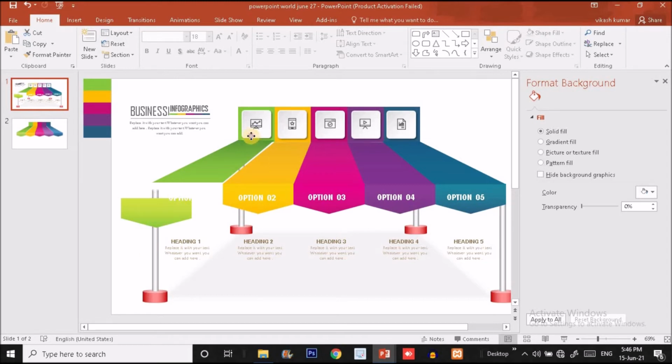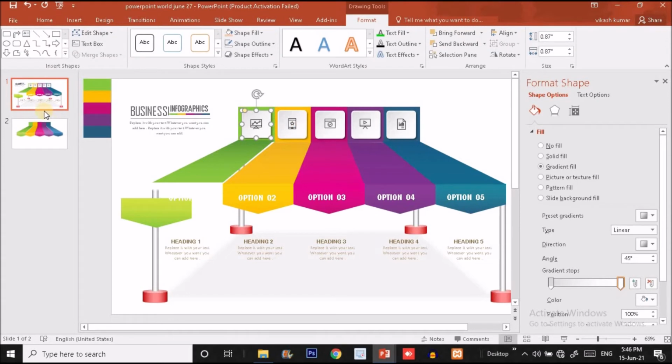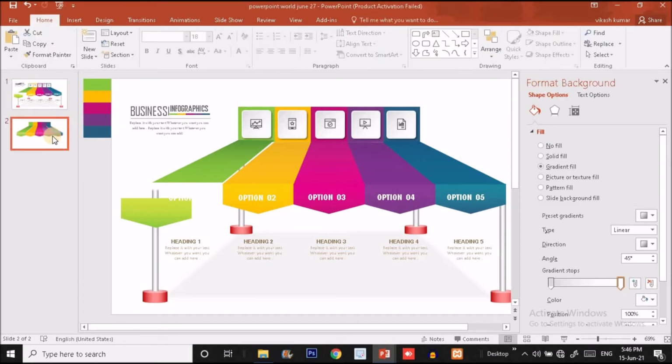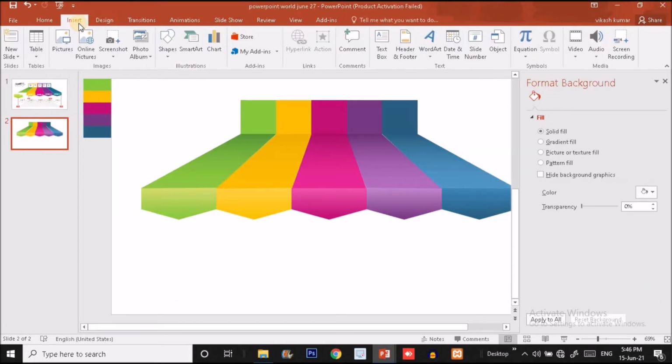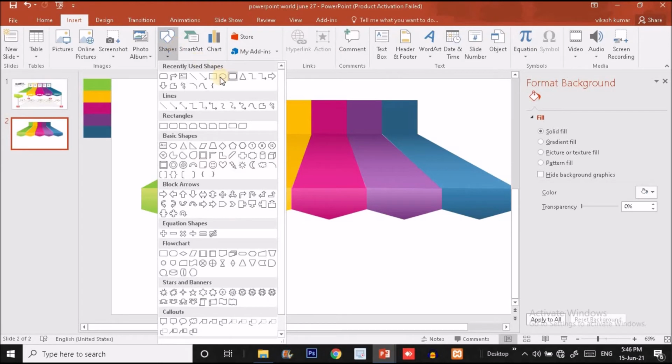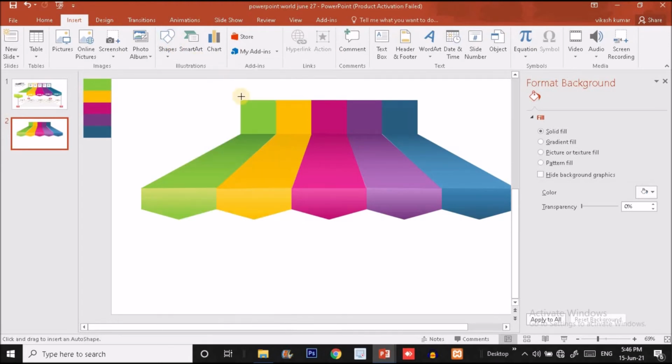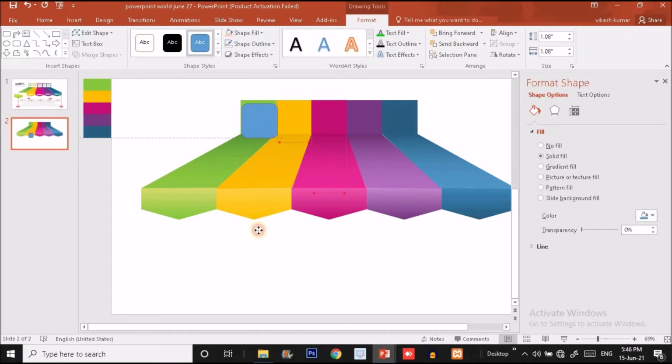Okay, these 4 pillars as well as these shapes over there. So first we'll create these square shapes over the top and put the icons over there. After that we'll create these poles and this shadow. So to do that, I'm going to click on insert option, click on shape, choose a rounded rectangle over here, press Ctrl Shift together and drag it outward to make it bigger like this.